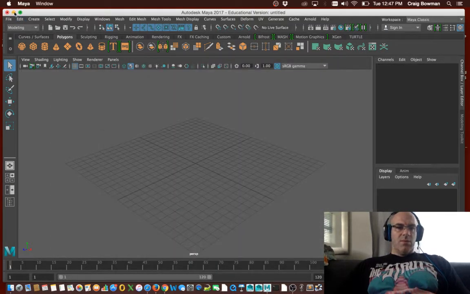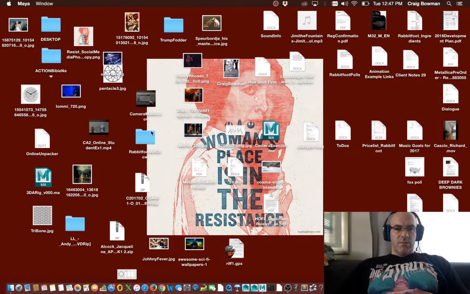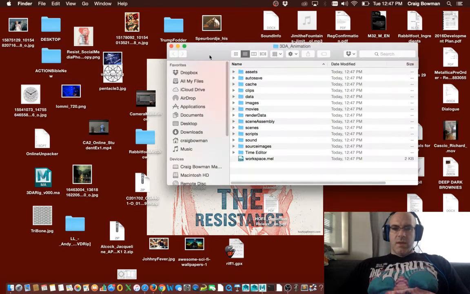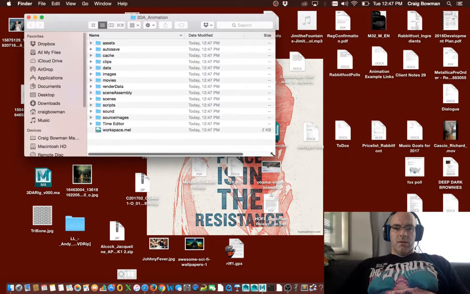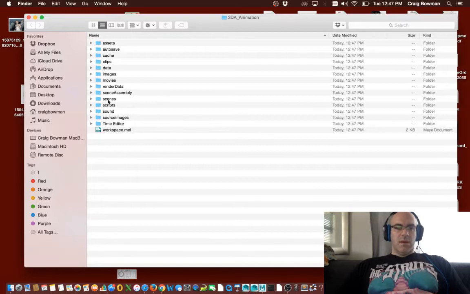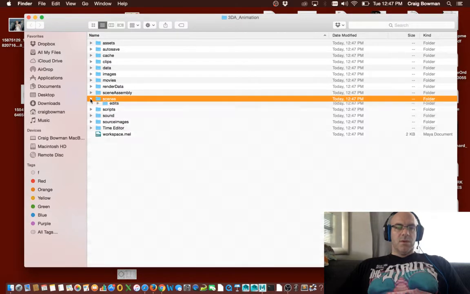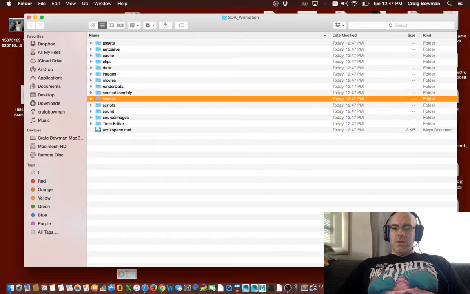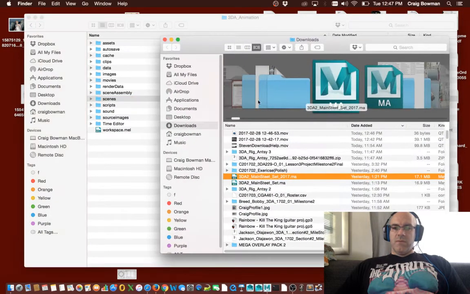And what that will do is actually create a folder. Let's see here. 3D animation. There we are. It has all the folders that you'll need, right? Your folder structure for your production in here. And then what you can do is take the assets that you're working with, which in this case I'm going to be doing